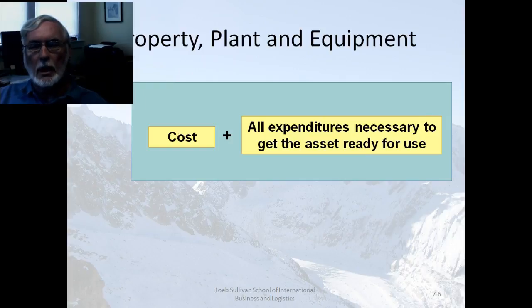If we have to bring in a different kind of power to run the machine, so we have to use 220 or 440 instead of 110, and we don't have that power existing, we have to include the cost of bringing the power in as part of the cost of the machine. If there are other things we have to do to the machine before we can operate it, those all become part of the cost of the machine. In addition,